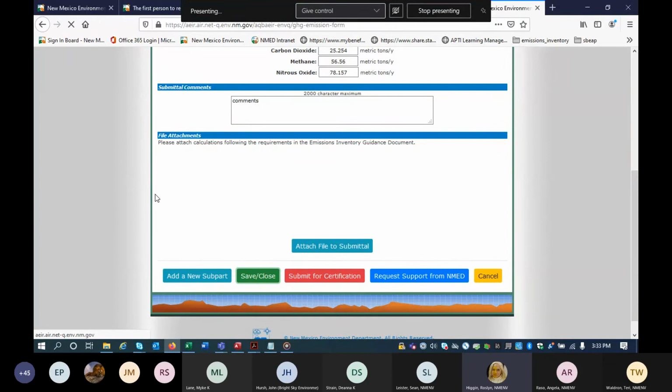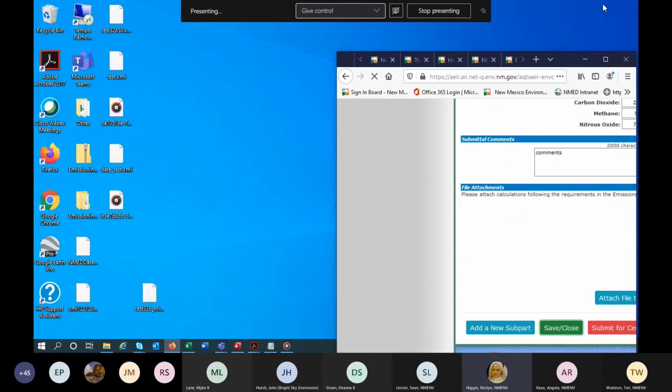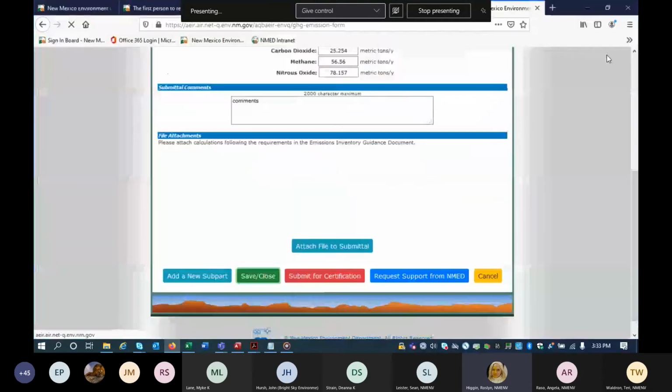The Permian Basin crosses Texas, and we have part of it in New Mexico. Then we also have the San Juan and the Raton Basin. So we just want the totals of those facilities by subpart, 40 CFR 98, the different subparts that were shown to be submitted for the state of New Mexico.